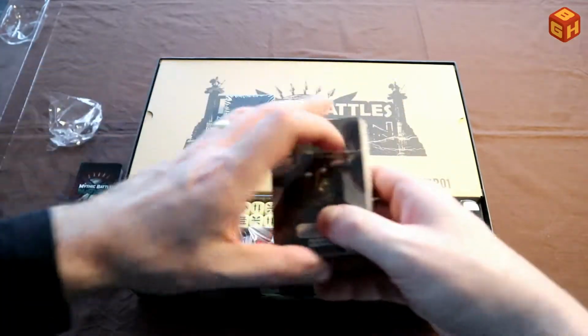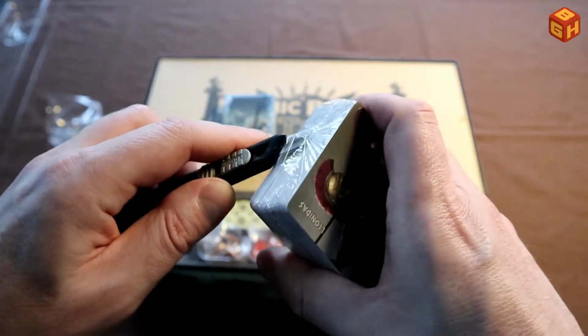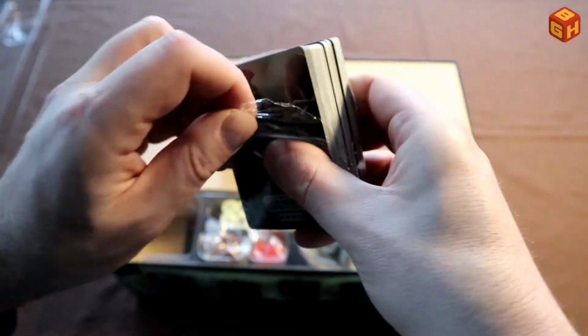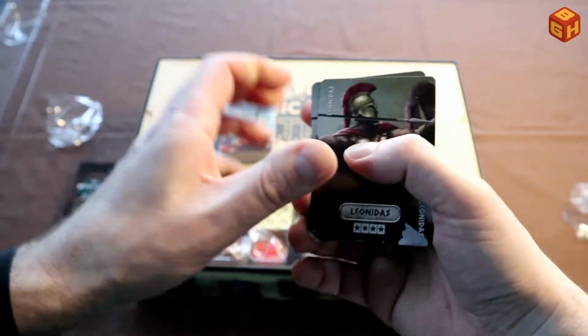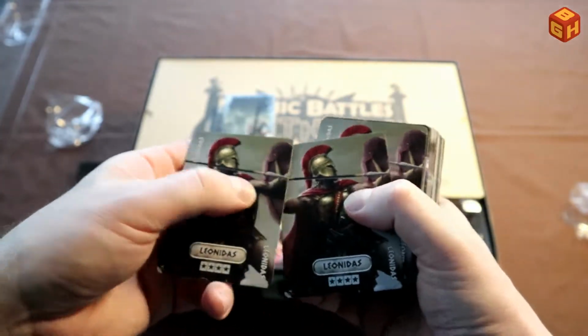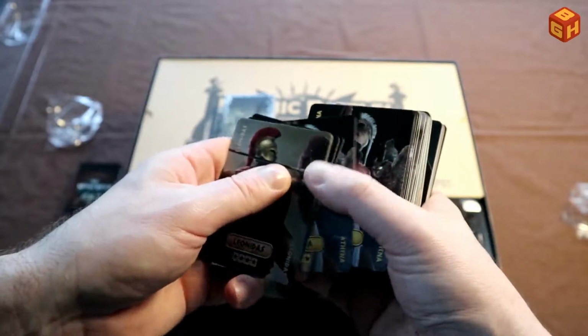Okay, so these are the French cards then. And I'm guessing, because Leonidas is here, that these are the English cards. If you plan on not keeping the French cards, or maybe if you're French, not keeping the English cards, that will at least save a little bit of weight in your box. I do recommend keeping them though, because they're nearly the same, and should you lose a card, you can always replace them. So Leonidas, Athena, again,